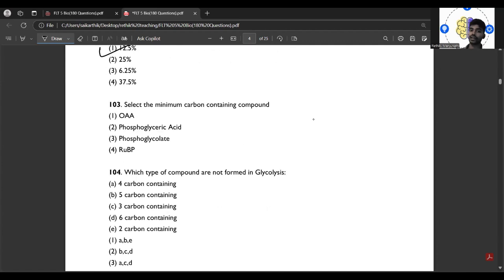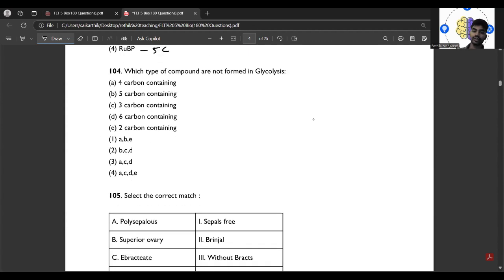Select the minimum carbon containing compound. What would be the minimum carbon containing compound here? Among the options, OAA will be having 4 carbon, this will be having 3 carbon, this will be having 2 carbon, and this will be having 5 carbon. So third is the correct option. Next,